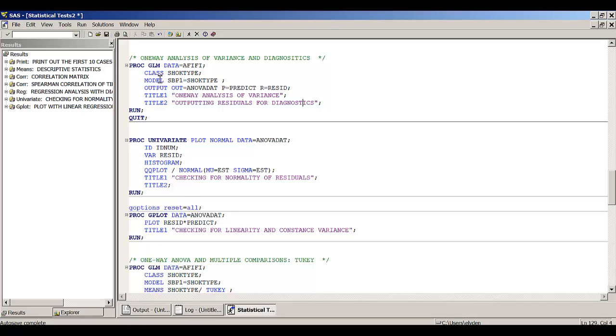And we have a class statement which indicates our categorical or grouping variable. And this class statement is very similar to what we saw when we did a PROC TTEST, where we put the variable that indicated 2 groups as our class statement with PROC TTEST. But instead of having a var statement, we're going to have a model statement similar to PROC REG, and we're going